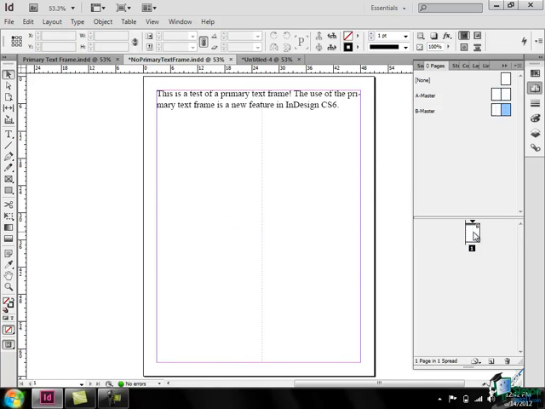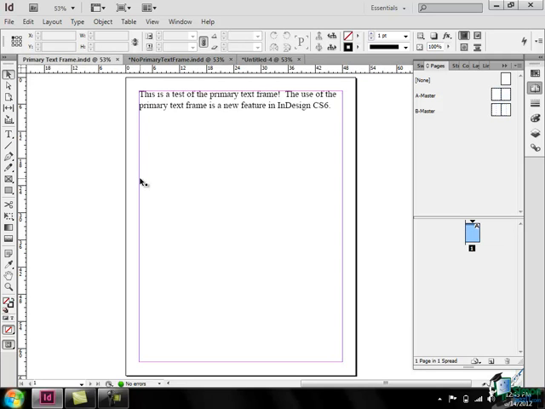If I wanted to get into this B master text frame, I'd have to do it manually. I'd have to take my text and remove it from where it's at now and put it into the text frame that's now displayed behind the text frame with the text. This can be quite a hassle and can take a lot of work for you to do manually, and it's also a bit annoying. So let's move to the document that has primary text frames in both the A and